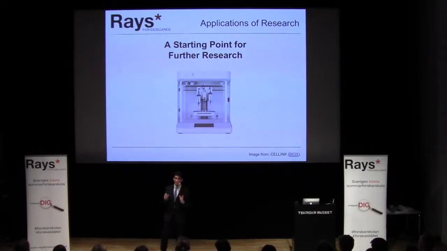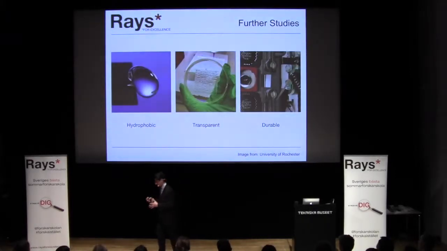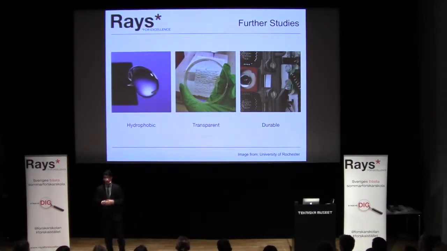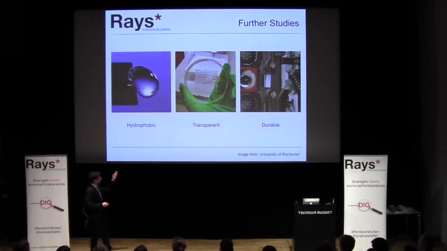And what I find most fascinating about this technology that I've been researching is its potential for the future. The possibilities are endless. The dream is to produce a material that is extremely hydrophobic, extremely transparent, and extremely durable. If we're able to do this out of cellulose, we have a material that we can use in our daily products to replace plastic that is biodegradable, eco-friendly, and it is extremely abundant and not dependent on a finite resource